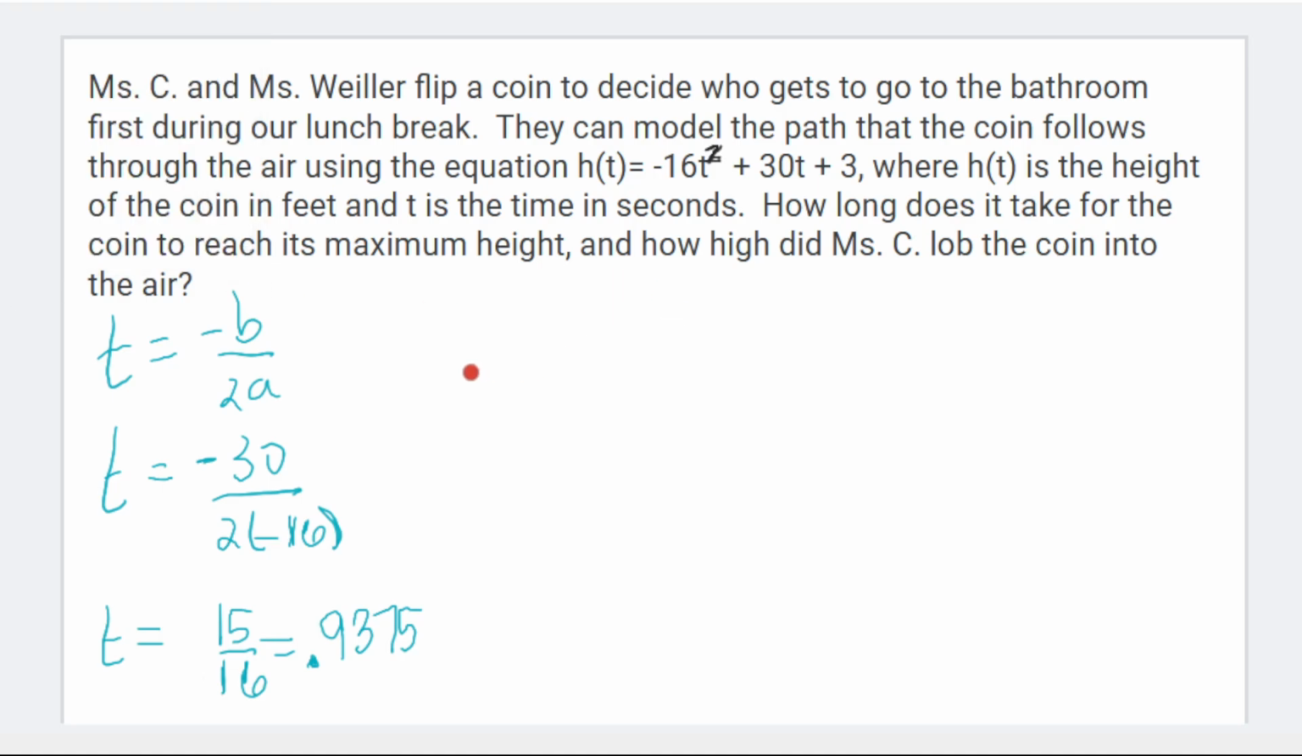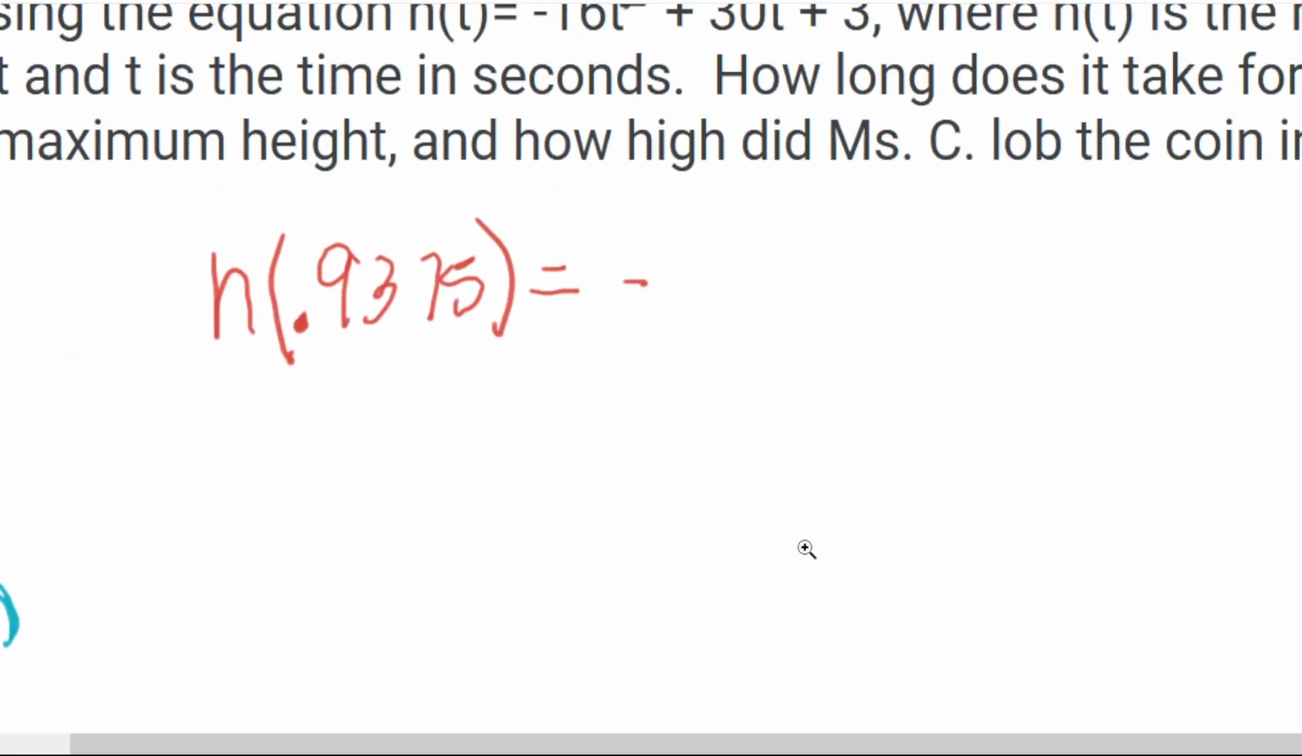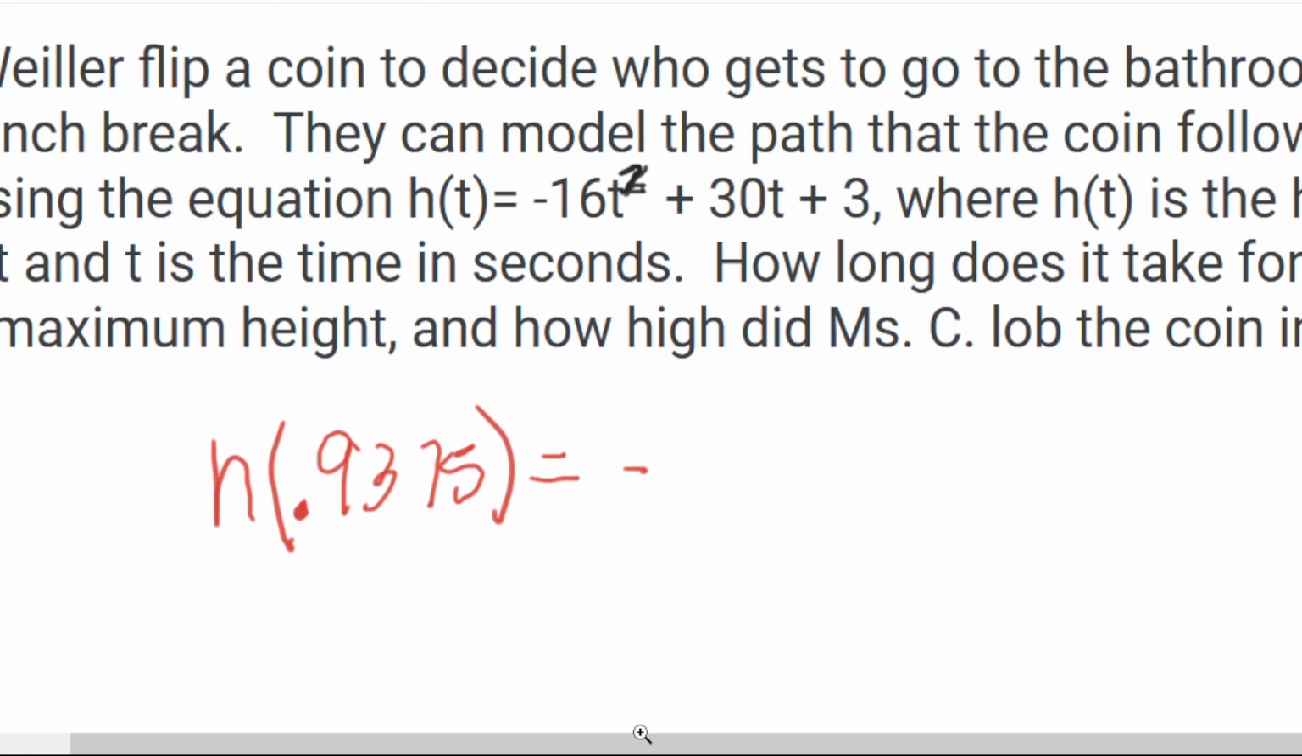So I'm going to take that t value, and everywhere where I see the letter T, I'm going to put in 0.9375. And I'm probably going to regret how long and annoying that number is to write. I'm going to zoom in a little bit. Oh, jeez. Just so it's easier for me to write. This tablet doesn't like small motions. Okay, so negative 16 times that t,